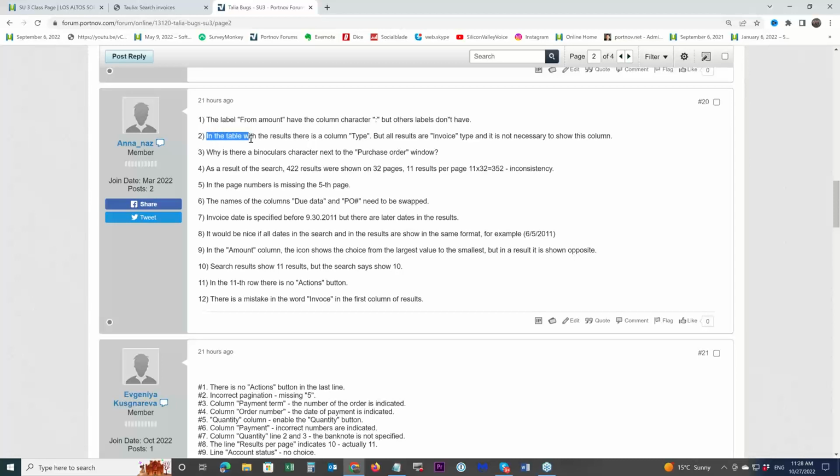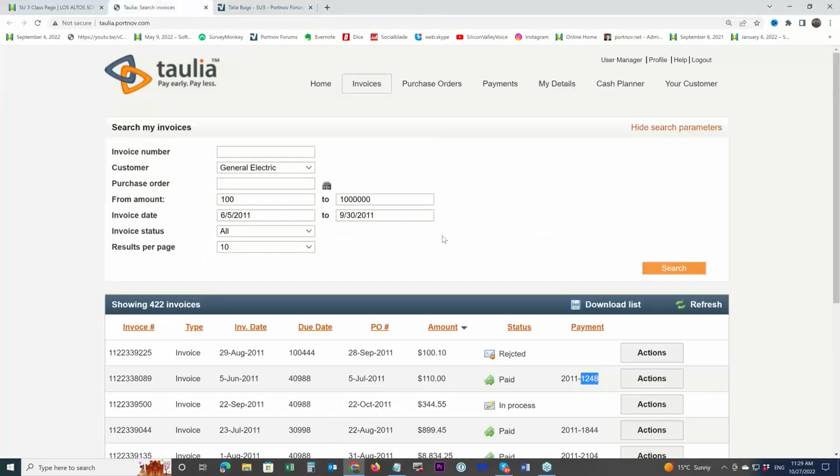Okay, in the table with the results, there is a column type. But all results are invoice type. And it is not necessary to show this column. Yeah, look at that. That makes sense. So we are in invoices folder, and we are searching invoices.